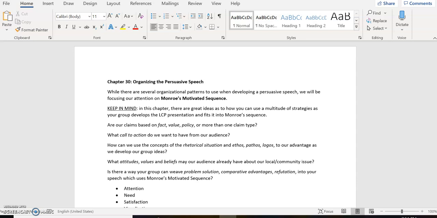As you're in the introduction, you want to show your credibility. You want to make us feel like you're a trustworthy person to believe on this topic. So really think about those things as you're working on this project, right? Bring it all in together. And then lastly, you want to consider what attitudes, values, and beliefs our audience may already have about our local/community